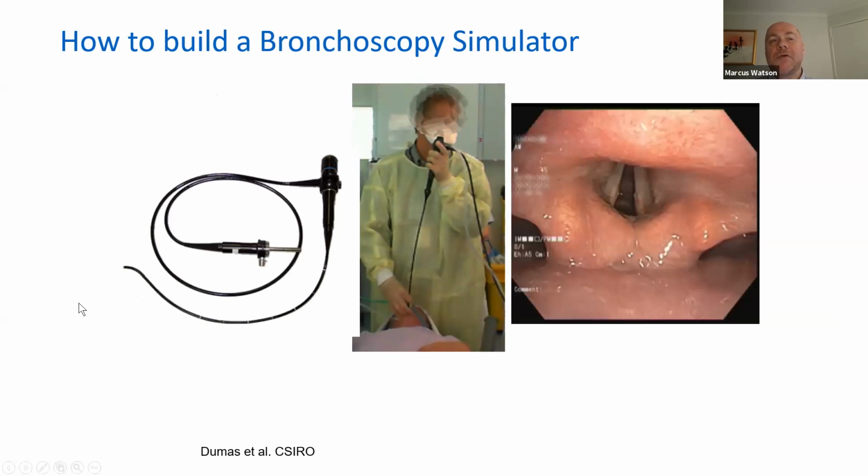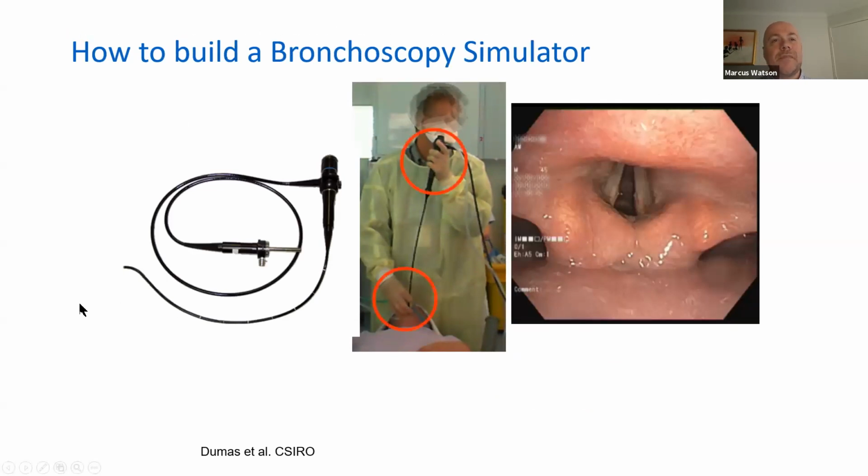So then we need to have a good model of the scope and a good model of the lungs. And we need to think about these two interactions. So how the hands interact with the scope, this all needs to be captured in the build of the simulation. However, when I came into this work, and it was about this stage, I